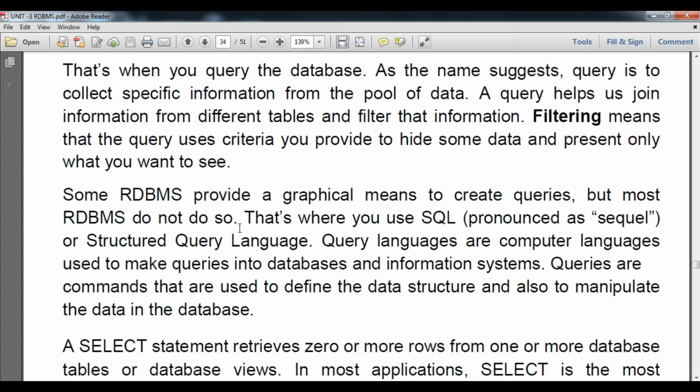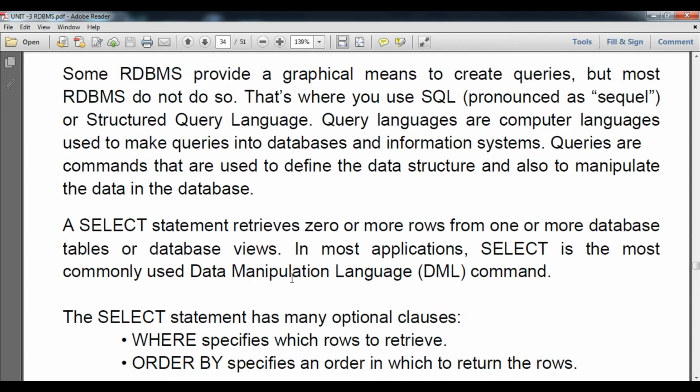There is no graphical interface and no use of the mouse; you have only commands, and by those commands you get results from the particular table. Here you can use SQL, pronounced as "S-Q-L" or sometimes "sequel".